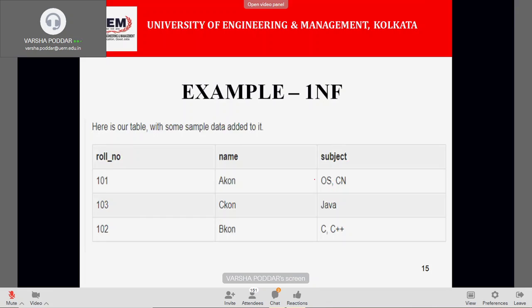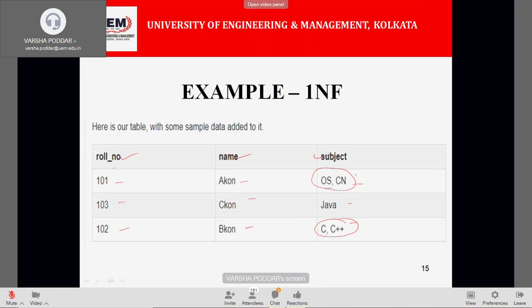See here, first how to judge it is in 1NF. The column names are unique. The first column has all numeric values, all the same type. The second column has all varchar values. The third column also has varchar values. Fine. But the problem is that this value is not atomic. Each cell is not containing an atomic value.